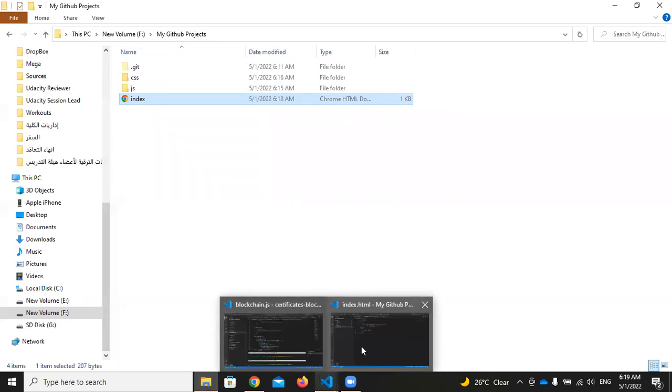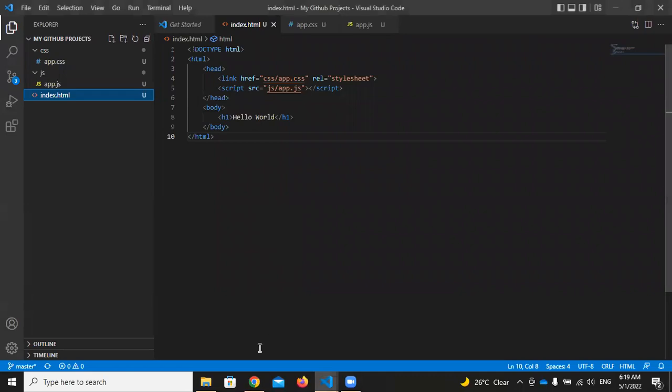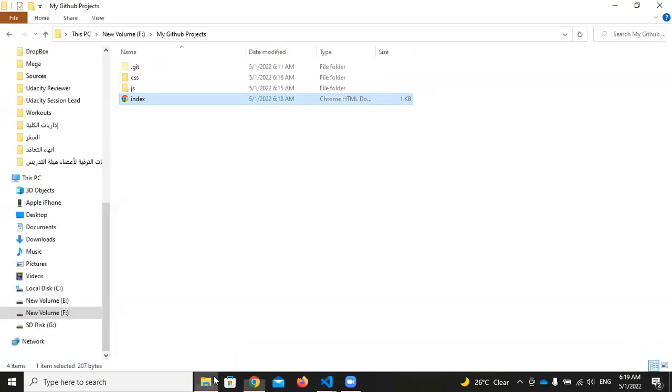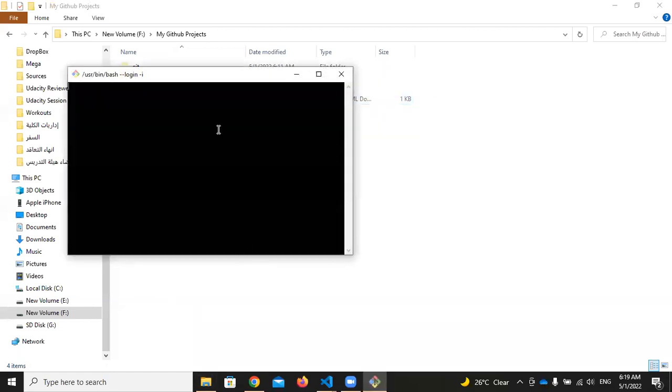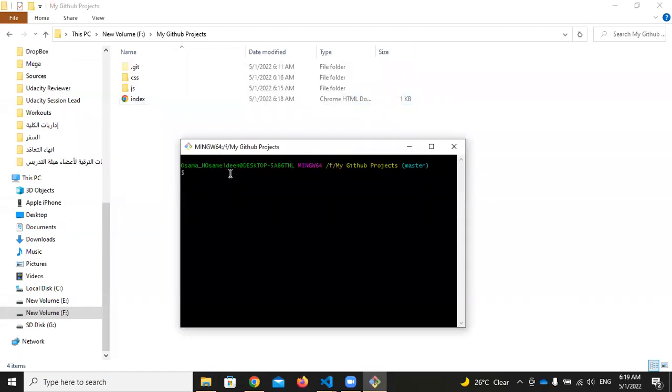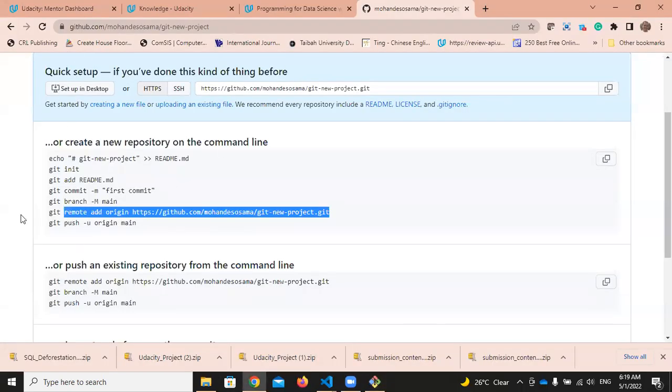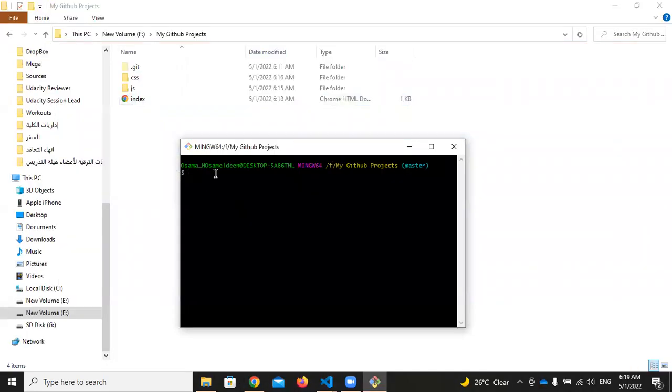Now we created the CSS file, we created JS, we created index.html. It is time to push them. You can go to the folder here and right click and Git Bash here. Okay. And we want to push these files to the repo here online. We want this repo to contain our website. The best way is to git add dot, which is adding all of these together and is going to push them. We have already staged all of the files,